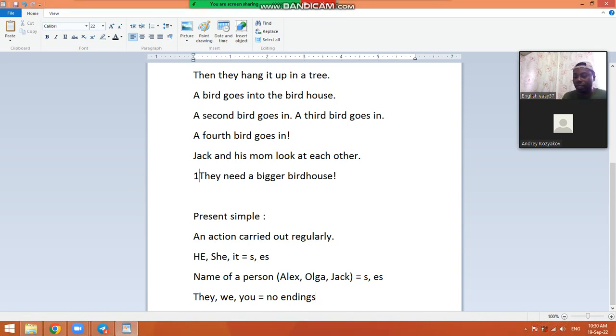Now look at this example. Let's use this as example 1. They need a bigger birdhouse. We know what they is: the birds in the text. The birds in the text need a bigger house. So when we say they, there are many, all of them. So in the plural, in present simple, we don't need endings. That is why the verb here